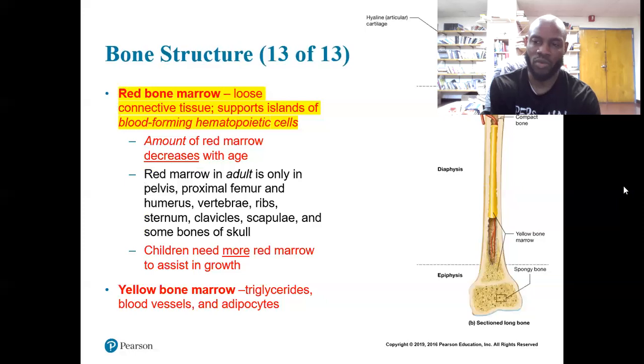This may also explain why kids continue to run around, because for some reason my kids do not stop. Maybe it's because they produce more red blood cells. I have to do some investigative report on that.